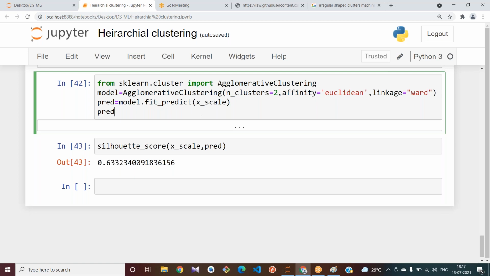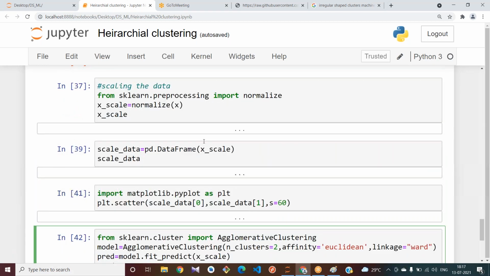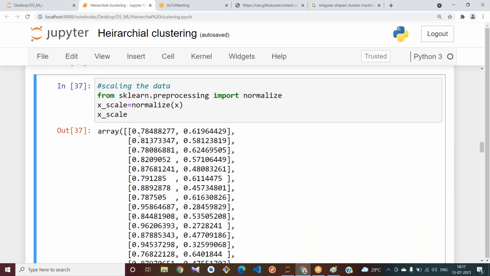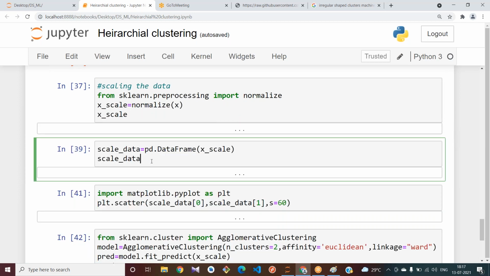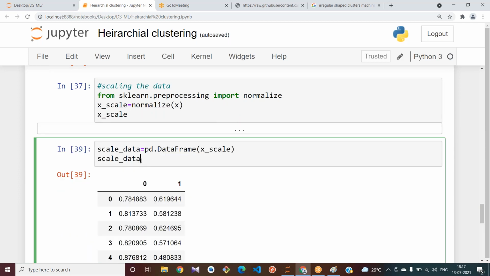Why did we declare scale underscore data? X underscore scale is present in the form of an array, right? To show it to you in the form of a data frame, I have used this.